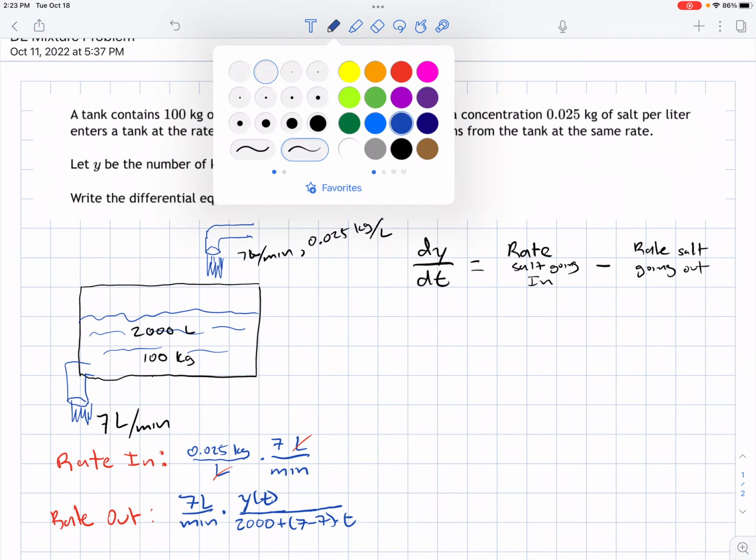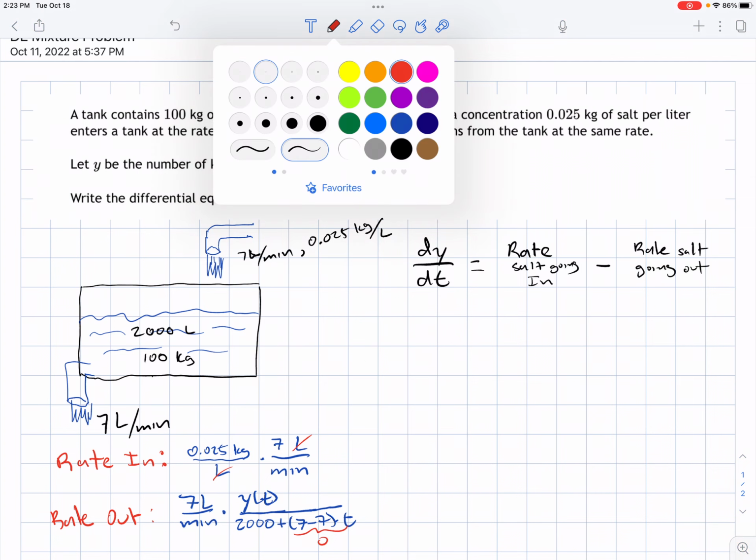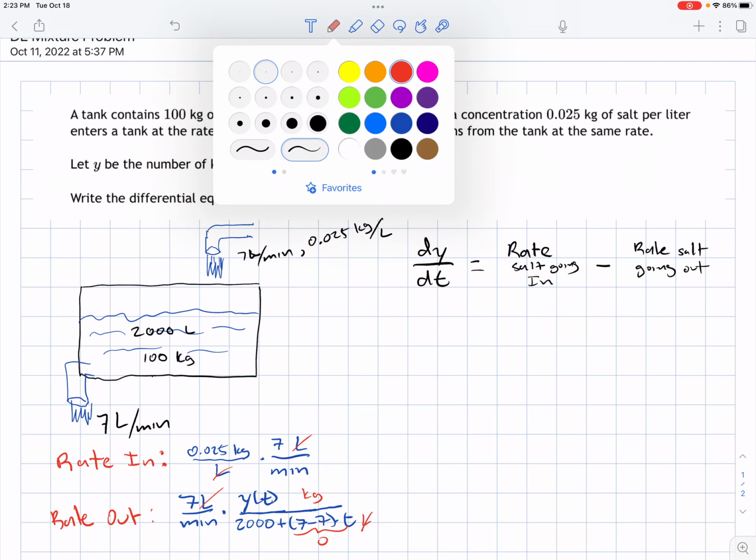But the nice thing for us is this difference is 0. So ultimately we have the information we need. Again, the liters cancel out here, and we have kilograms per minute for both,